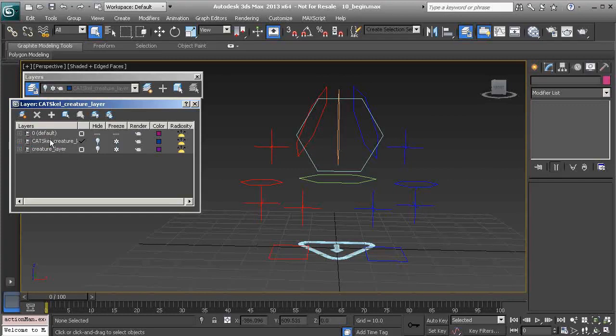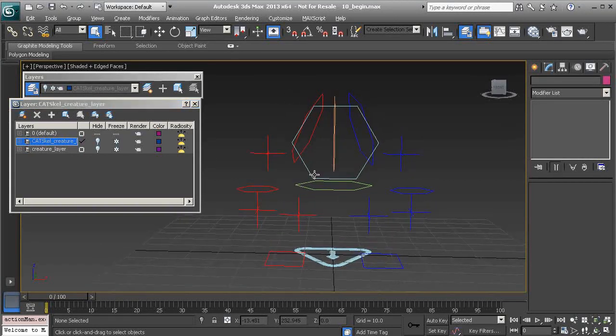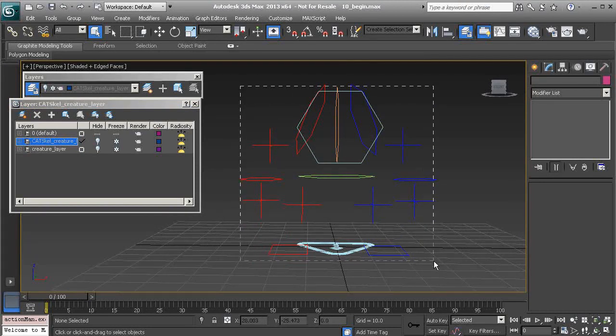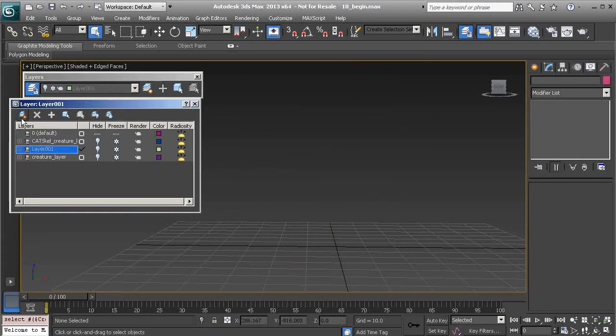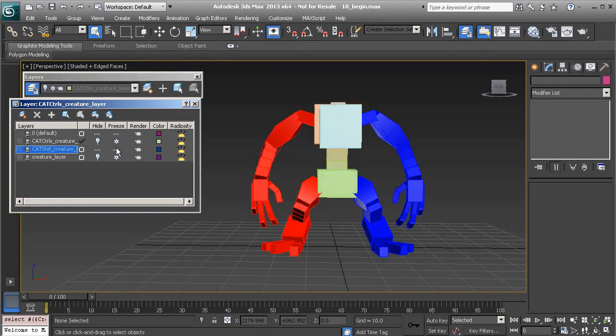So this is right to the point, descriptive enough. Still, the name isn't too long at all. So by this we know that our cat skeleton is stored in this, and we know what the skeleton is tied to. Alright, so let's go ahead and make another one for our animation controls. We'll go ahead and grab everything else. We'll create a new layer. We'll name this cat ctrl s for controls underscore creature layer. Alright, so now we could start to unhide our layers, make sure they're also unfrozen,